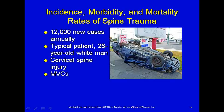Typically, it's a 28-year-old white male that's involved in this type of accident. The range is somewhere between 16 or 18 and 28. Cervical spine injury, of course, we know is a potential problem associated with spine trauma when you have a 22-pound bowling ball on a stick, and that 22-pound bowling ball whips back and forth. You can have cervical spine trauma. And motor vehicle collisions is by far, I think it's about 48% of all spinal cord or spine trauma comes